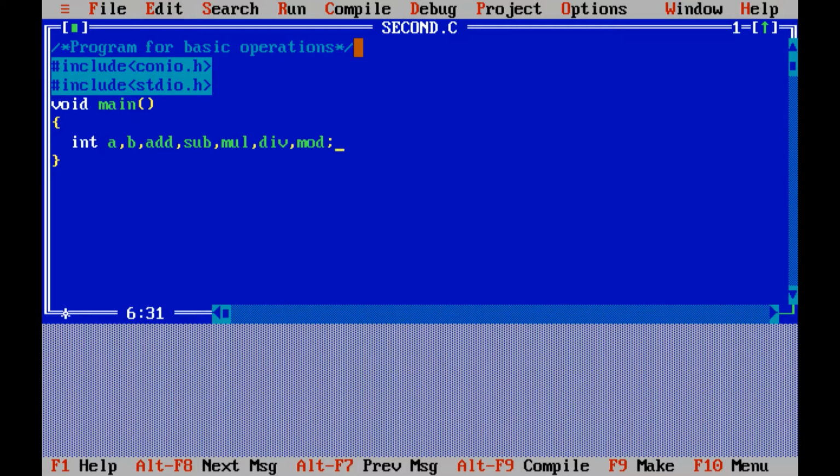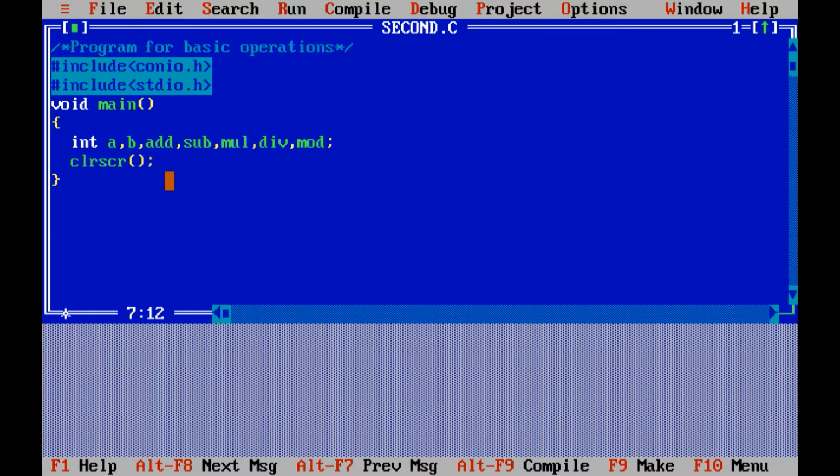Then I'm going to use a predefined function, clrscr, to clear the output screen. One more important thing: always declare the variables before clrscr. Before writing clrscr, you have to declare the variables. Now we have declared the variables.